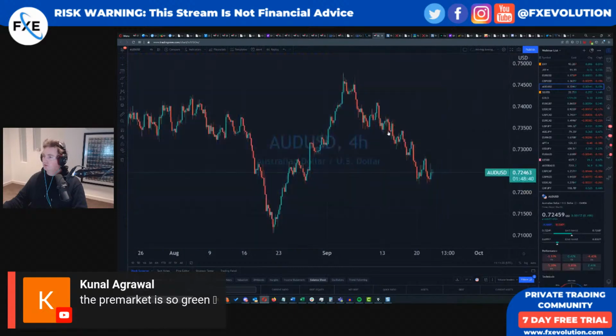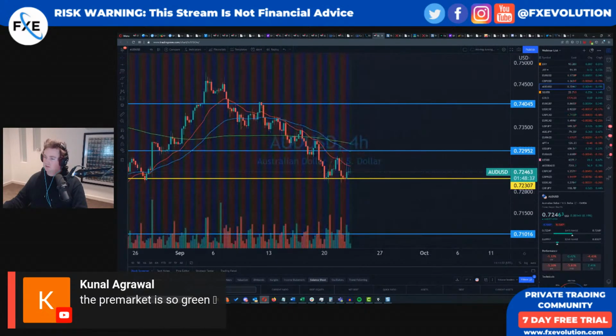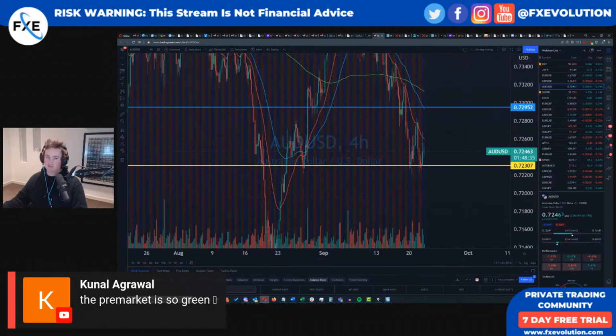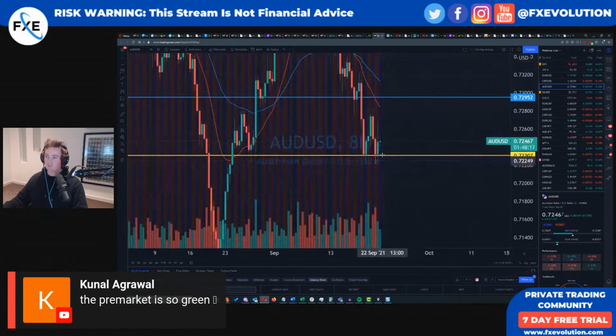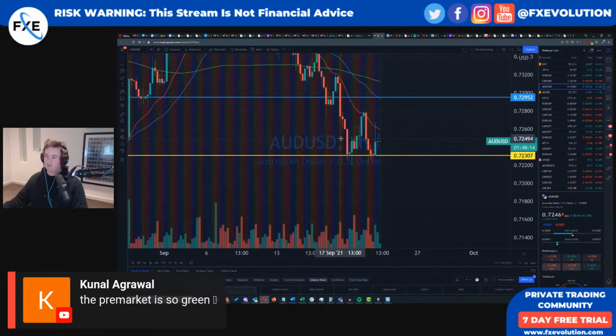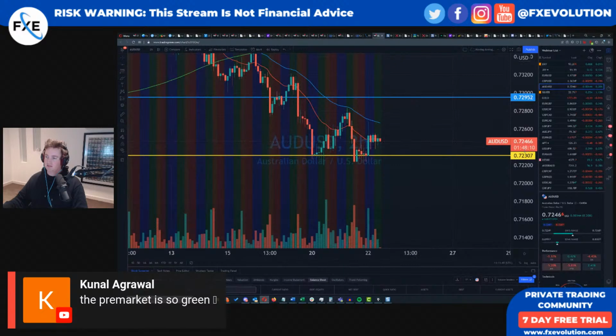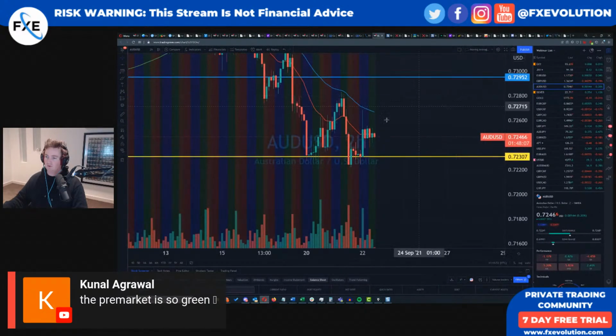Let's take a quick gander at the Aussie US dollar. Aussie US dollar has found its base on the previous support that we talked about. We know that this was a very good closure point across that 72, maybe 72.20 zone. It's bounced and it has absolutely no idea, again, what it wants to do ahead of the FOMC. And you can clearly see it doesn't matter what time frame you're looking at, whether it be the 8-hour, the 4-hour long leg doji, or the 2-hour. Look at that, just completely waiting for more information.